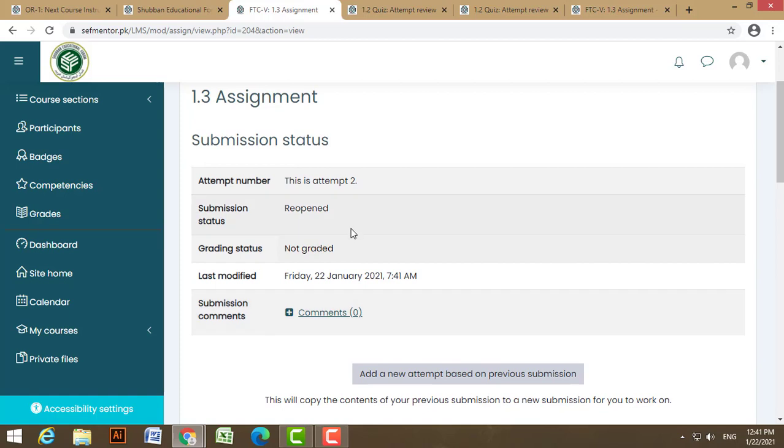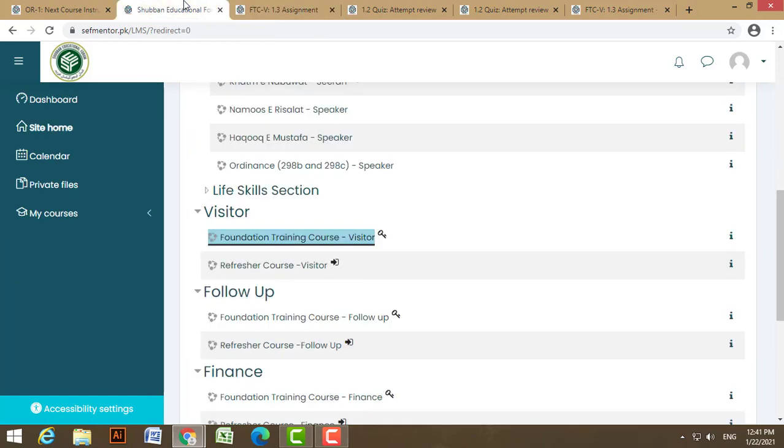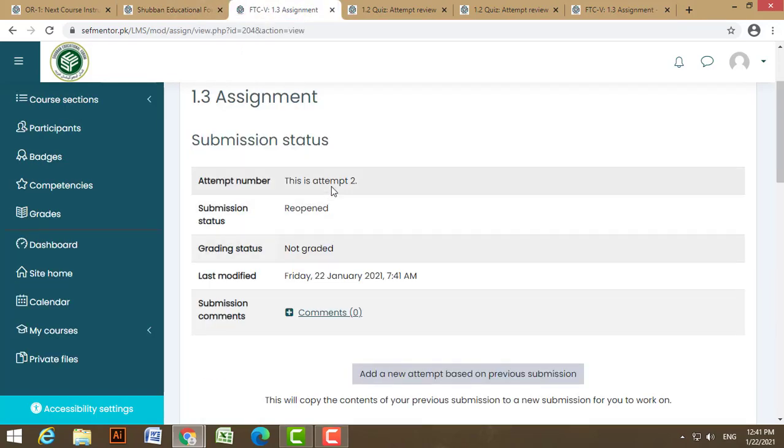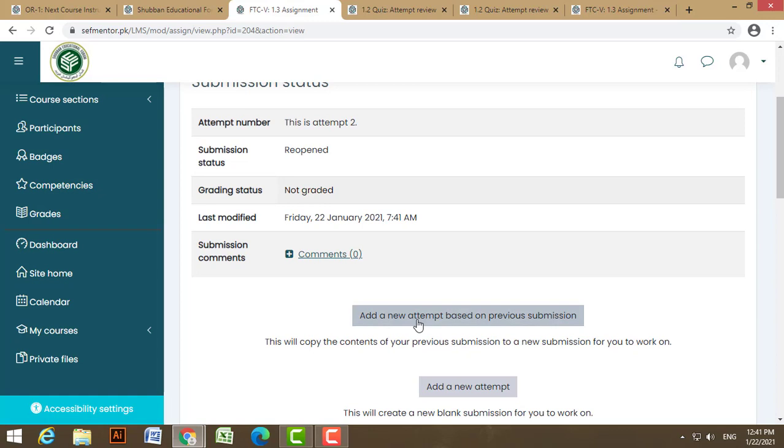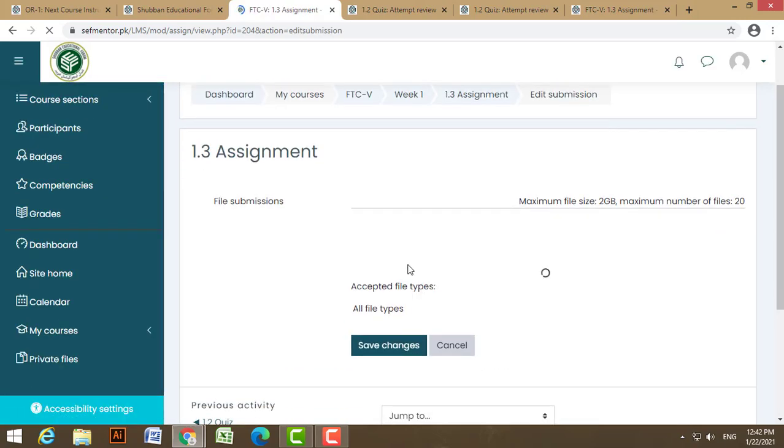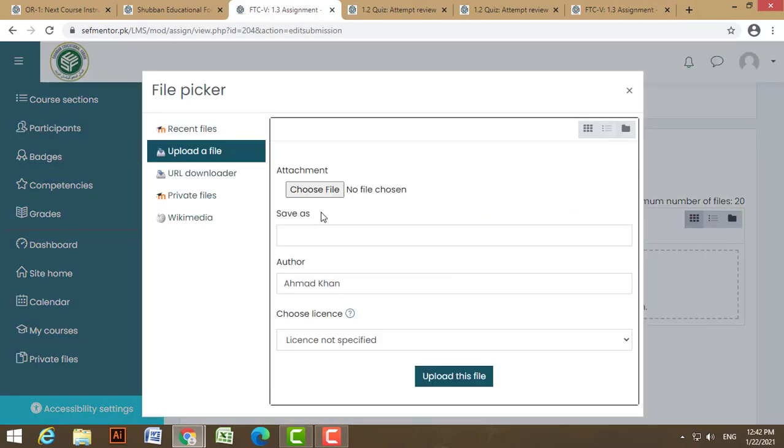Student, after grading by our designated admin, if a student fails the assignment, the procedure is followed again: they have to submit again and again until our admin qualifies them for the next level.